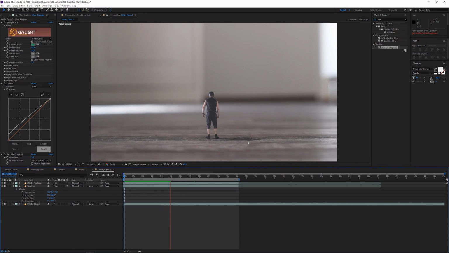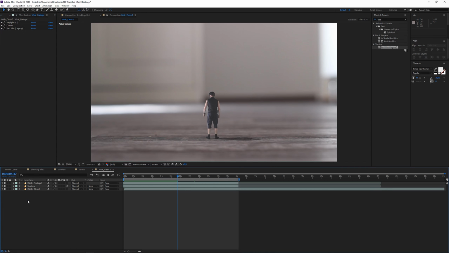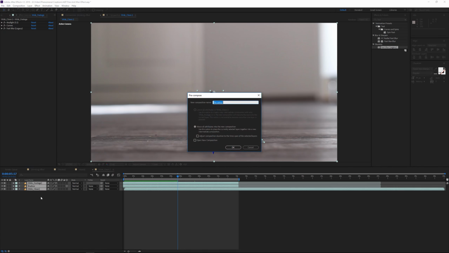Alright, so we are really close on having this effect done. What we're gonna add is some elements here and also some camera movements, but let's go ahead and add that camera movement to begin with. I think that looks really nice to have a little camera movement happening. So let's go ahead and select all our layers, pre-compose them to